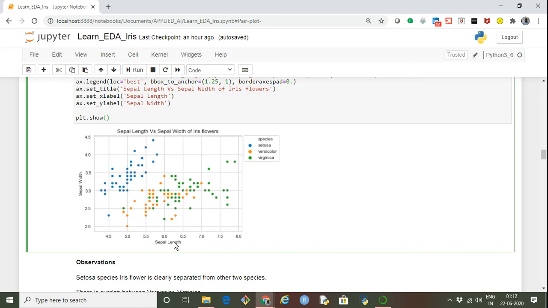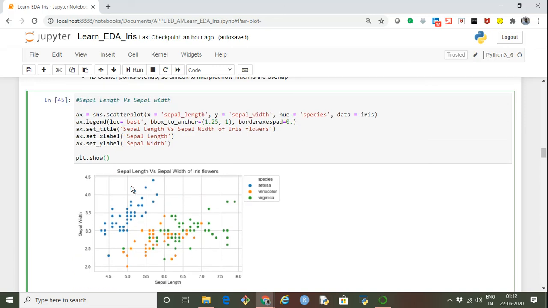If you see, the blue points are separable, but there is a lot of overlap between the green and the orange dots. So it means using these two features, sepal length and sepal width, it is still not possible to segregate all three types of species. Yes, we can segregate setosa, but definitely not versicolor and virginica, because there is a lot of overlap.